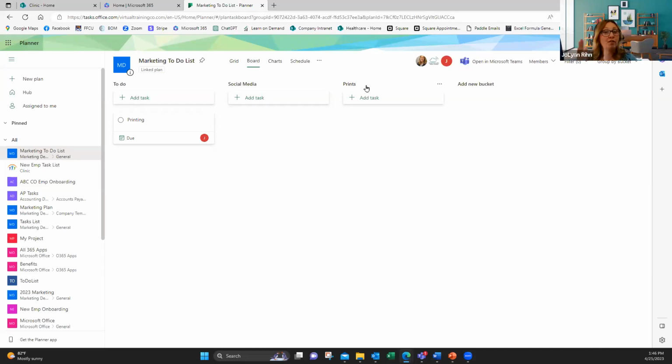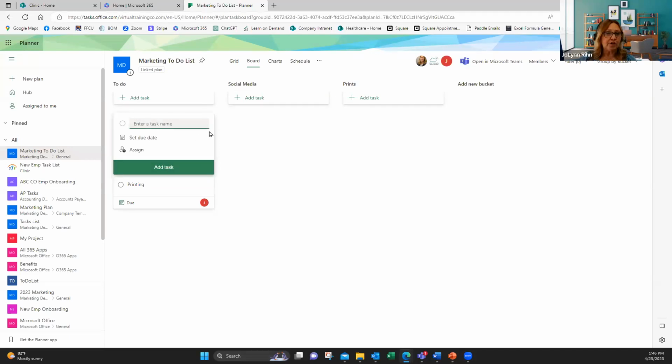So we can have all these different buckets to help us organize what needs to be done. Now, you might not do buckets right away, though. You might just come in and start adding tasks in. So I might just go to this icon with the plus sign where it says add task. If I click on that, it's going to bring me to a new task window, this little area right here,